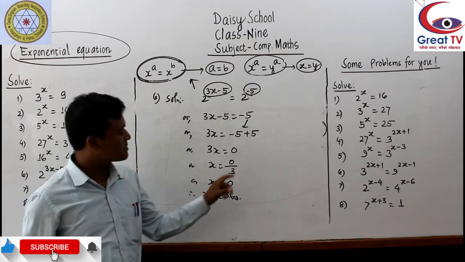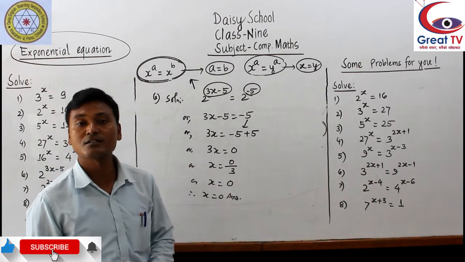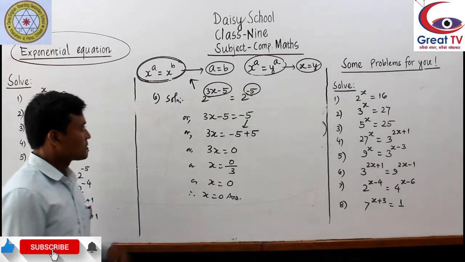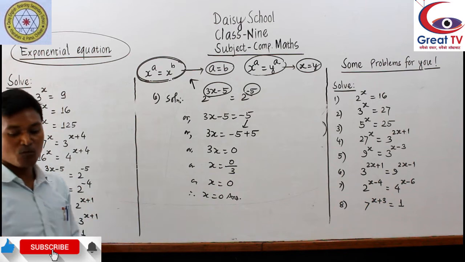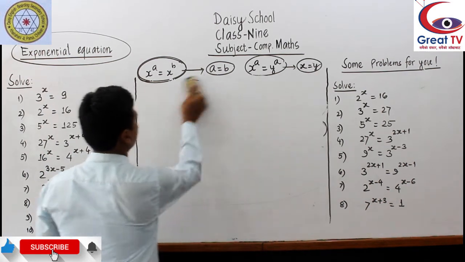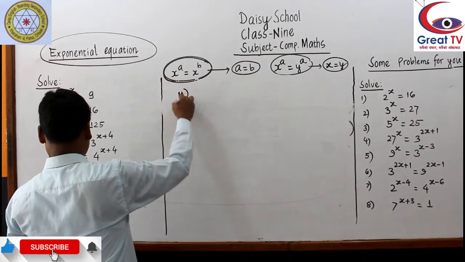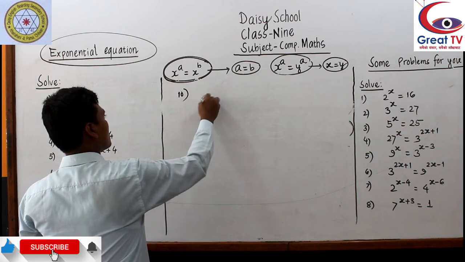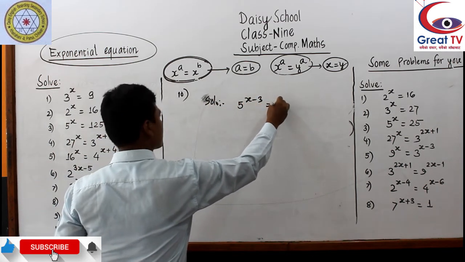You know very well, my dear students, 0 divided by anything, the quotient is always 0. So, if the bases are the same, directly use the concept. I want to solve one more. Okay, let's solve the last one, number 10. Solution: we have the problem 5 to the power x minus 3 equals